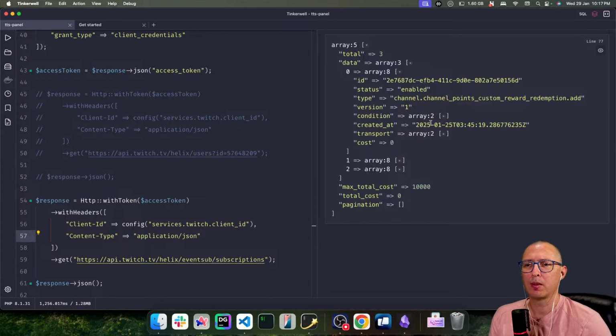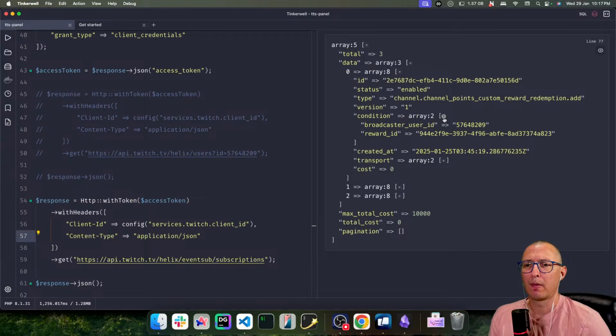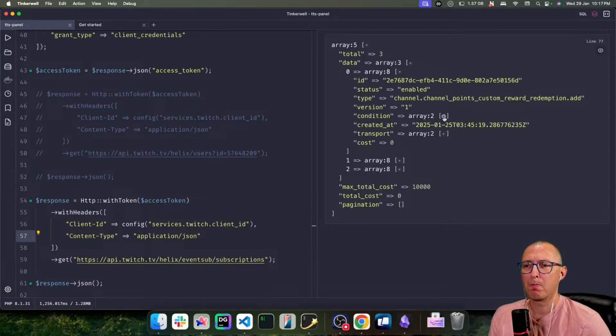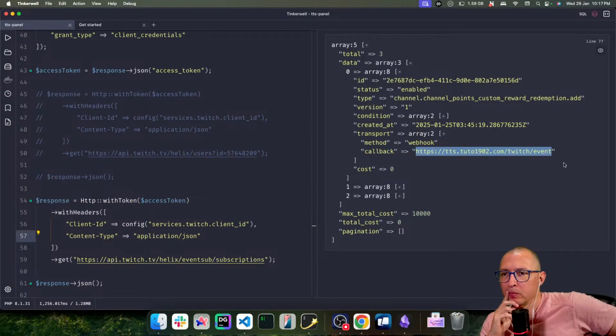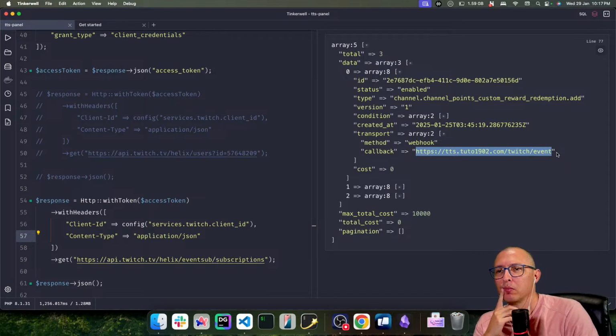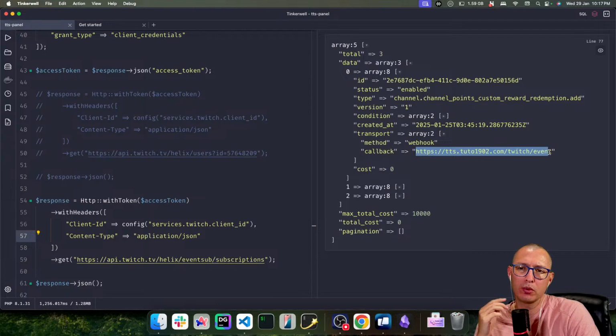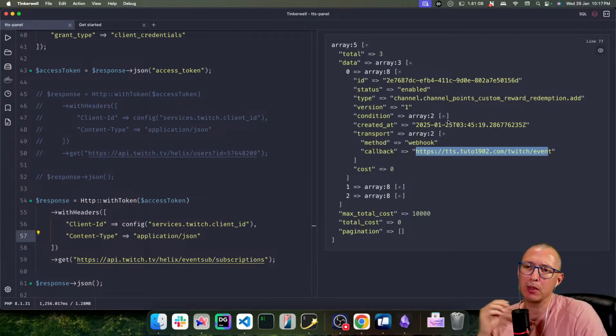Subscription type. And also the webhook URL. Yeah, I don't know if I want to know this. I don't really care about that. I only care about the ID, the status, and the URL. So maybe just create a command that will give me all of those